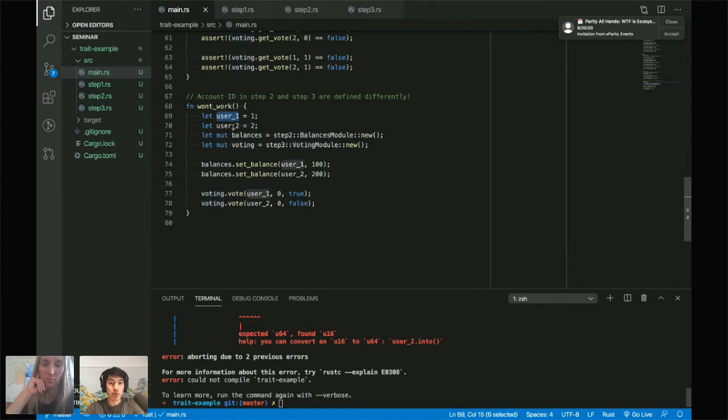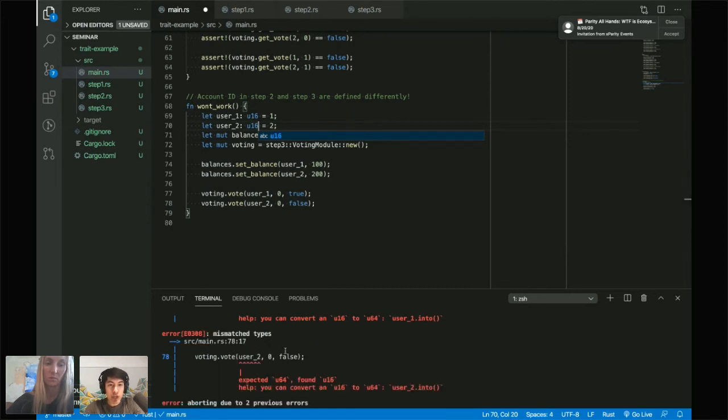Now, what Rust is really doing in the background is actually aliasing this type. So right now, we don't have any type definition here, but Rust will infer the type here. So really, this is the same as saying U64. So it infers the type. Or actually, the first time I use it is set balance, so it will infer U16, I believe. Right? So U16. And even if I didn't include this, it's inferring the type with the first time it gets used. And then it's telling you, whoa, you're using a U16 here in a spot where a U64 is expected.